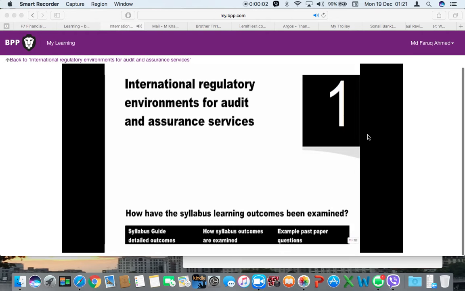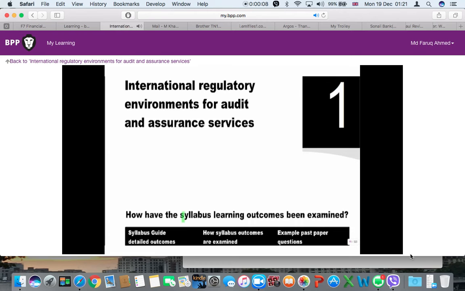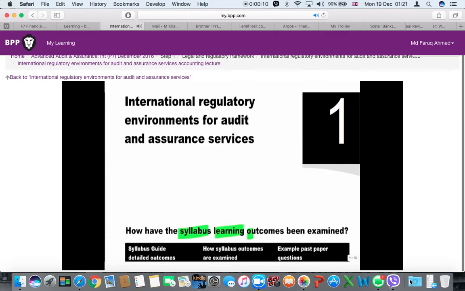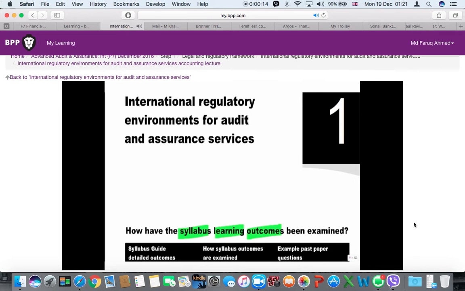1, International Regulatory Environments for Audit and Assurance Services. And the way that the chapter is organised is by starting out with a series of what we call syllabus learning outcomes. And these are the specific areas that the ACCA has identified for you to be aware of, so that questions will be set on those areas and you will then be examined on them quite literally within the